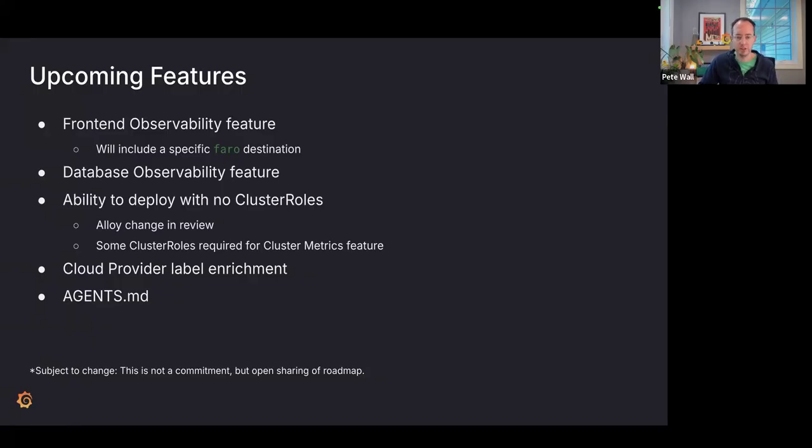Finally, cloud provider label enrichment. If we detect that you're running on EC2 nodes, can we use that information to add tags and labels from your EC2 instances into the metrics that you're generating or the logs that you're gathering? That's some interesting stuff. And then finally,